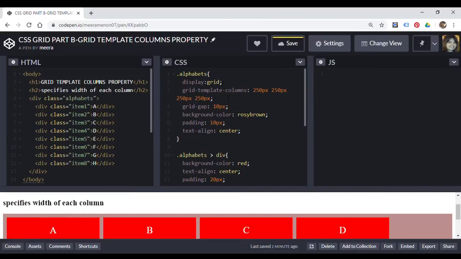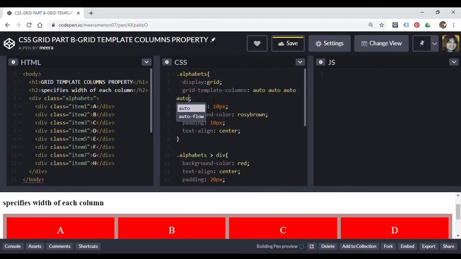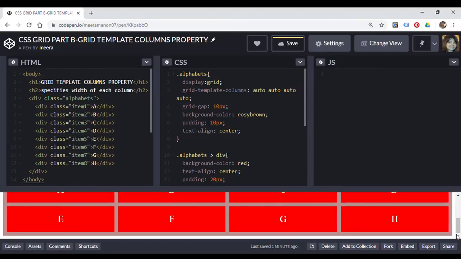So that is totally up to you. But as of now, since you have a fair idea of how to do it, I go back to doing auto 4 times, so that it's nicely filled up evenly,